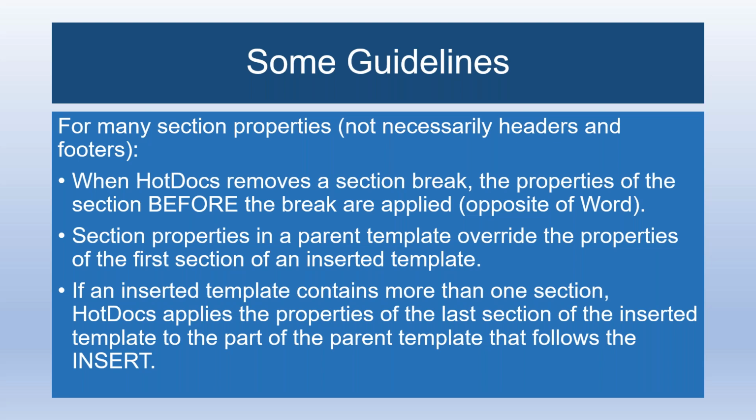And by section properties, by the way, I mean things like margins and page orientation. There are a whole bunch of things that differ from section to section in Word, other than the header and footer, although if you don't keep header and footer